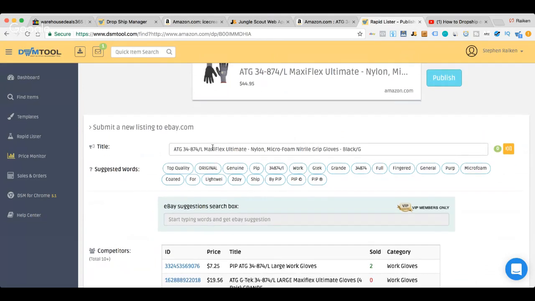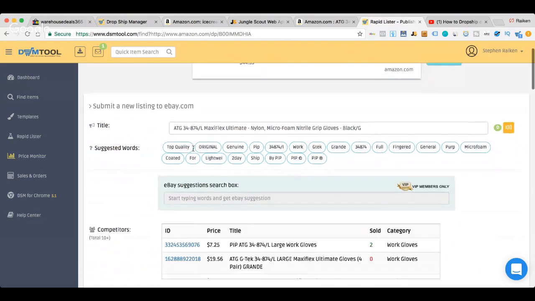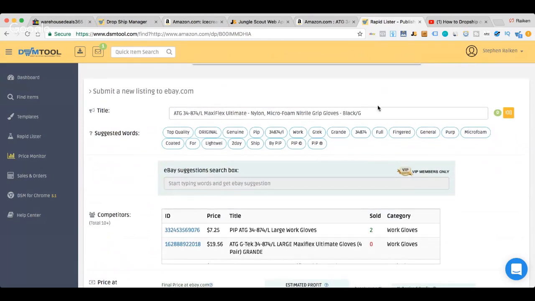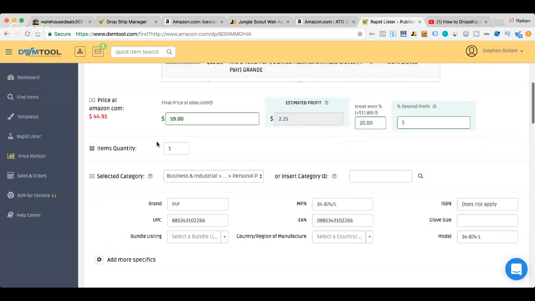So for this example, I'm just going to leave it the way it is because I don't want to make this video more than it has to be at this point. In a perfect world, you'd optimize the crap out of this title using maybe the Google keyword planner or other tools. I use the Helium 10 reverse ASIN tool to find keywords and whatnot. But anyways, I'm jumping ahead. I'm getting crazy over here. This is how easy it is, guys.